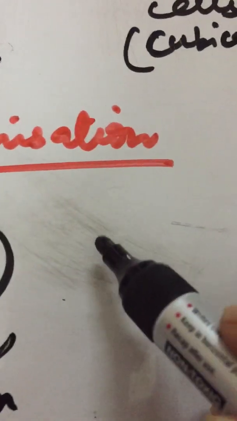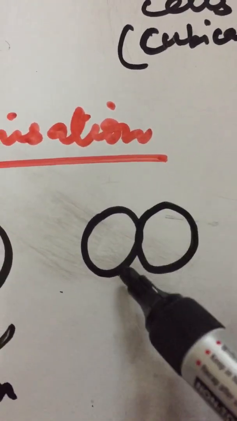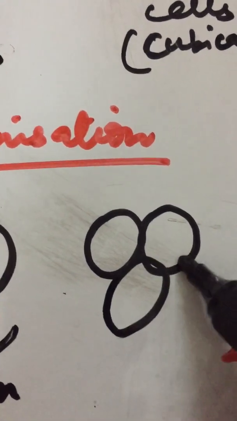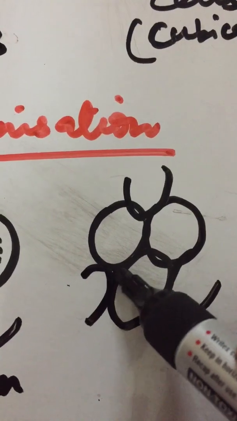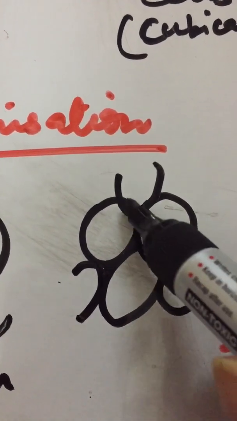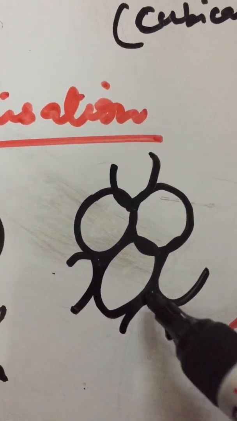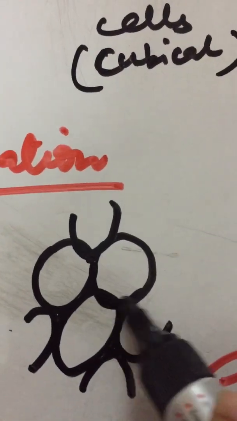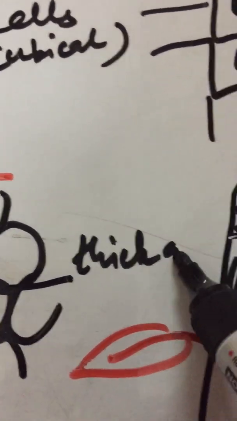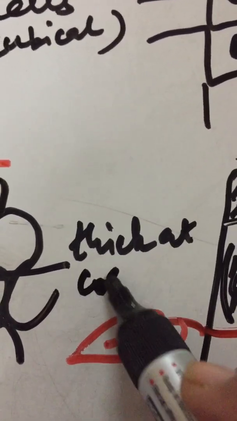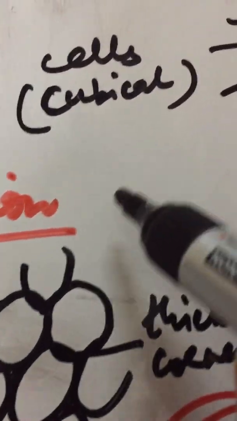On the other hand, the collenchyma cells are somewhat elongated only, looking similar to parenchyma, but there are almost nil intercellular spaces because they are thick at the corners. You will see pectin thickenings at the corners. So collenchyma cells, they are thick at edges or thick at corners. And what are these thickenings composed of?